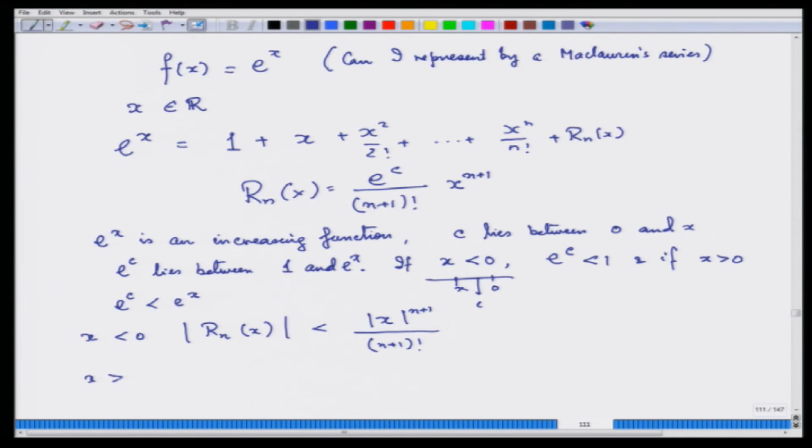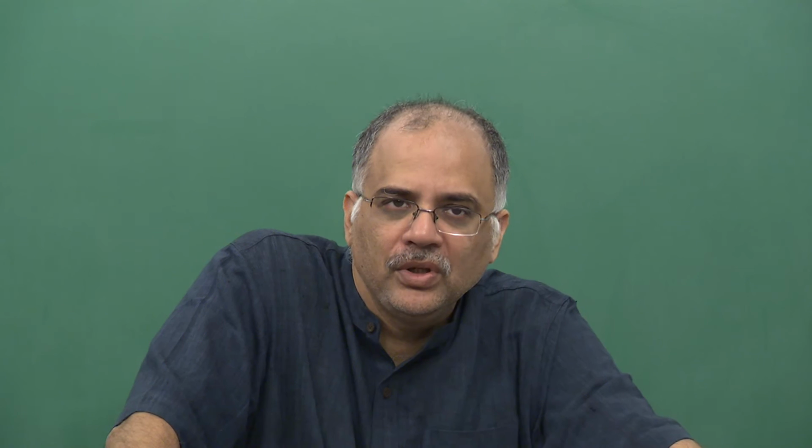When x is greater than 0, then mod Rn x is less than or equal to... In both these cases, as n becomes larger and larger, x is a fixed number, and so it is n that is becoming larger and larger. So x square, x whatever it is, is just going up. If you start from n equal to say 1, then you have x square, x cube, x 5, x 6, x 7,